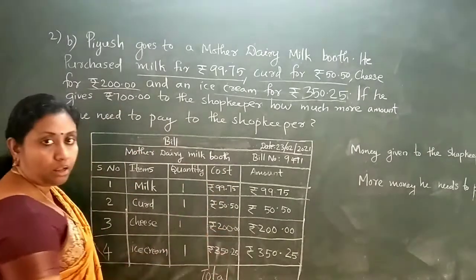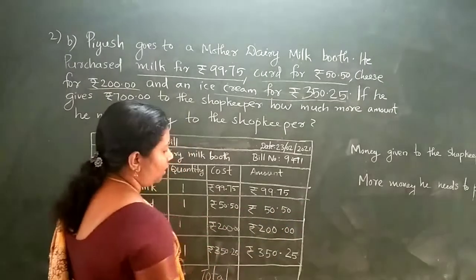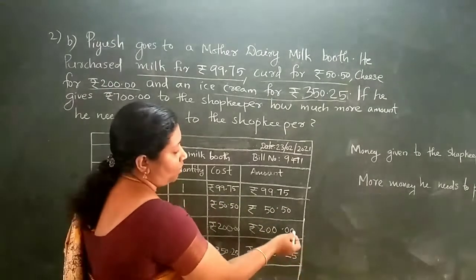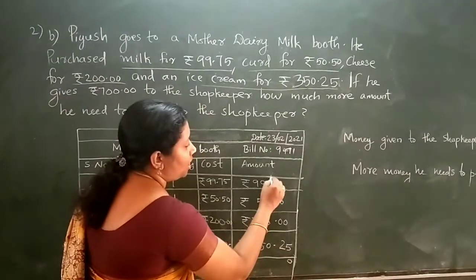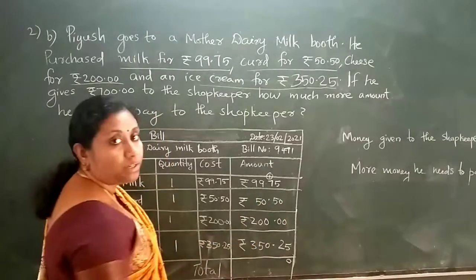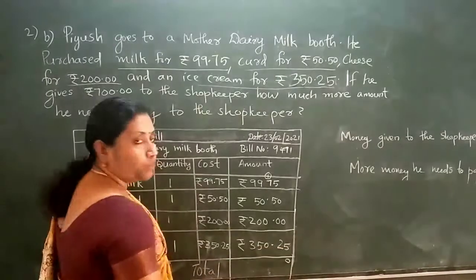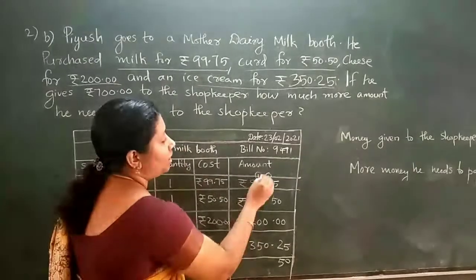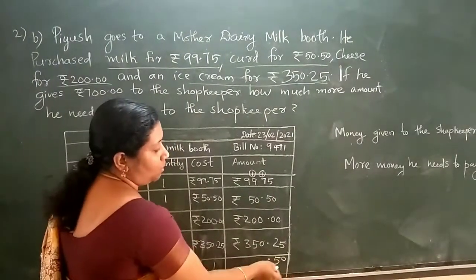Find the total of all these amounts. To find the total, add the given amounts. 5 plus 0, 5. Again 5 plus 0, 5. 5 plus 5 is 10. Carry 1 over here. Then 7 plus 1 is 8. 8 plus 5 is 13. 13 plus 0, 13. 13 plus 2 is 15. So 5 is here and 1 carry over here. So you put one dot here. This is the paise part.